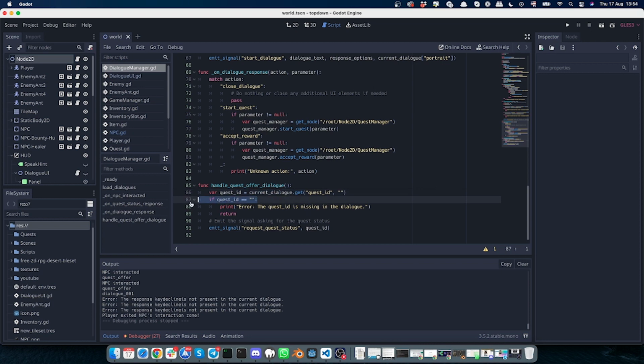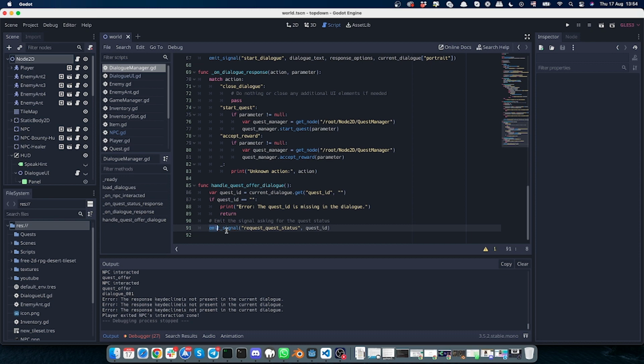And if the quest ID is empty, then we will say in the console that there's an error and there's a missing dialog ID, and we will return. So this function will close. And if it exists,